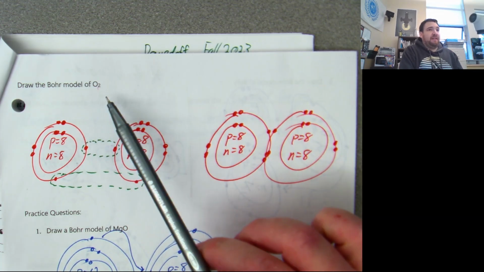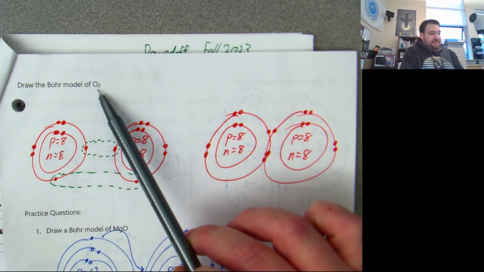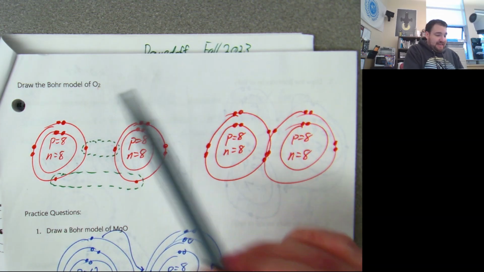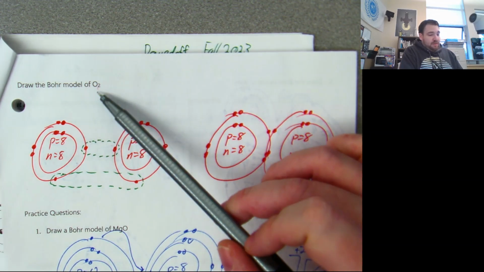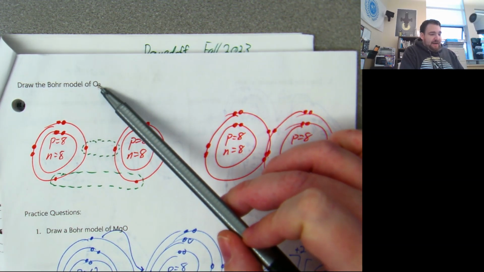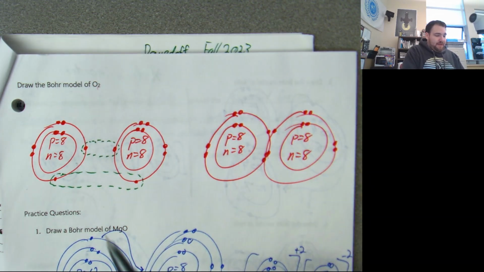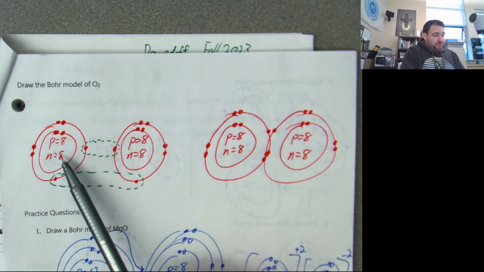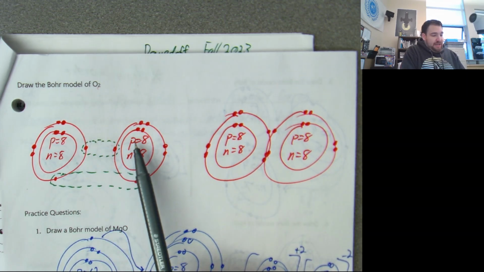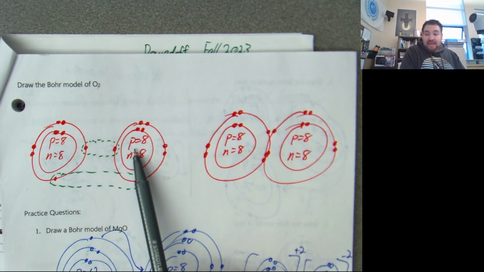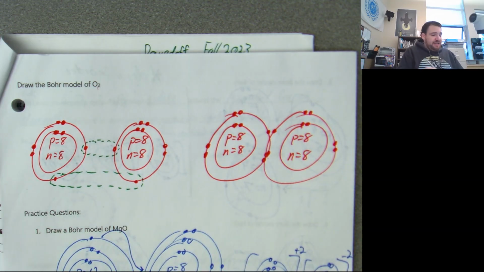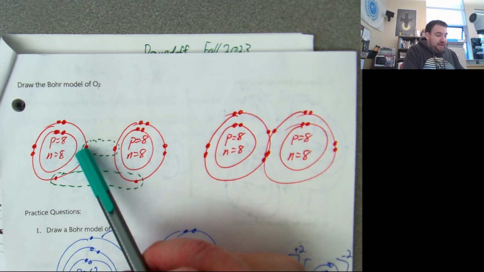O2 is just two oxygens. So oxygen's a nonmetal, and if you've got two of them, we call these things diatomic, because it's two of the same atom, but it's covalent because it's two nonmetals. So you draw these ones a little bit different. You draw the individual oxygens, and then instead of drawing the transfer, because they don't transfer, you draw